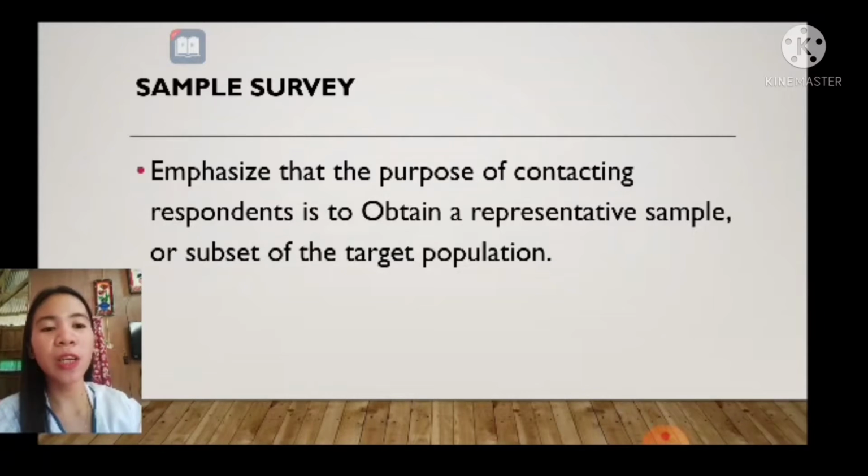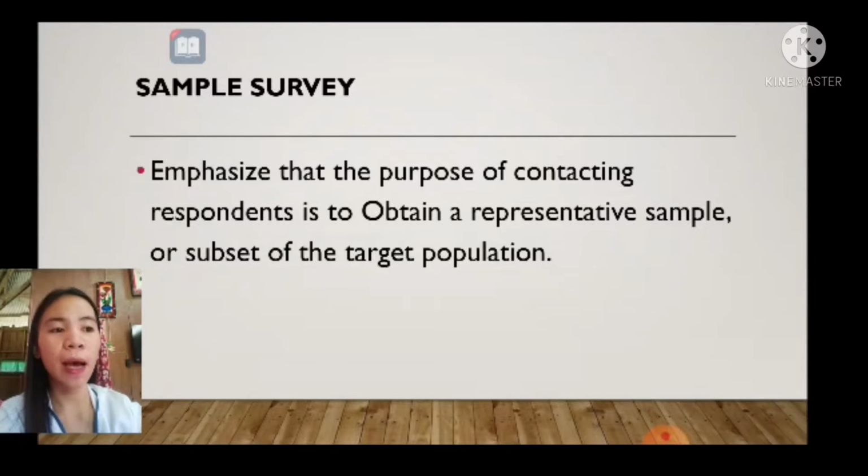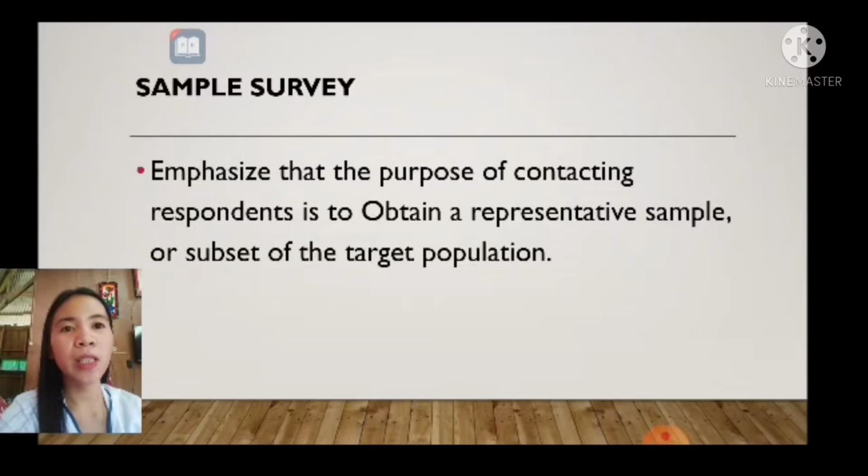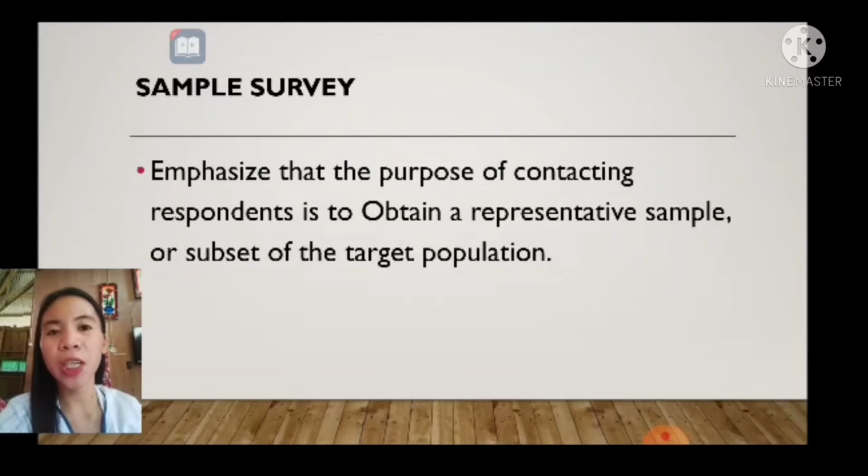Sample survey is a method for collecting data from or about the members of a population so that inferences about the entire population can be obtained from a subset or a sample of the population. Kapag nag-conduct tayo ng research, dapat meron tayong sample survey, kasi napaka-importante yan sa ating research.